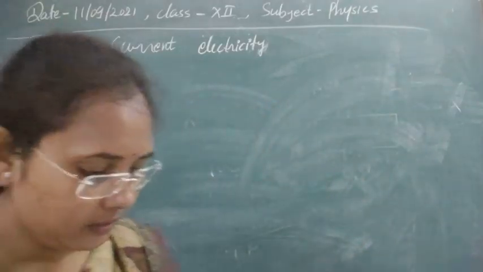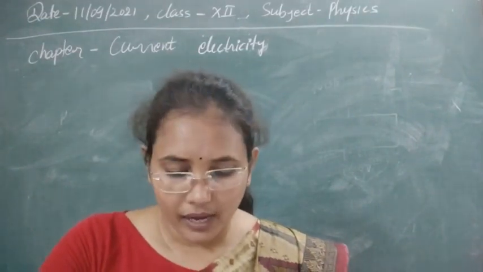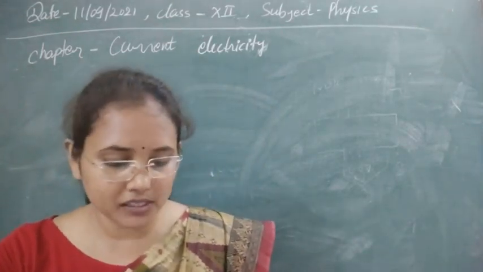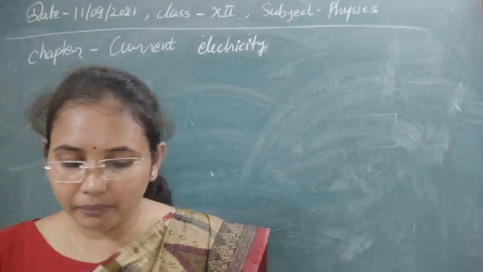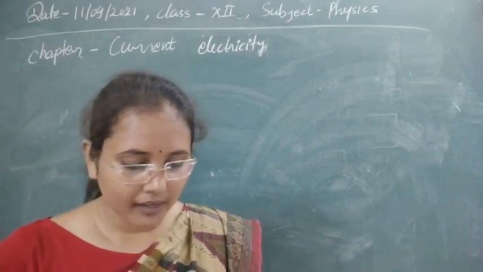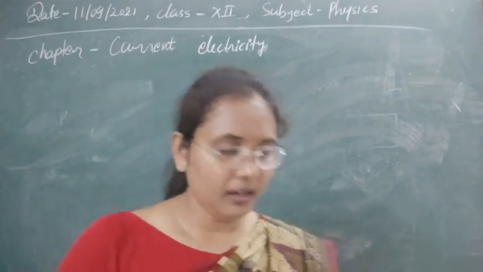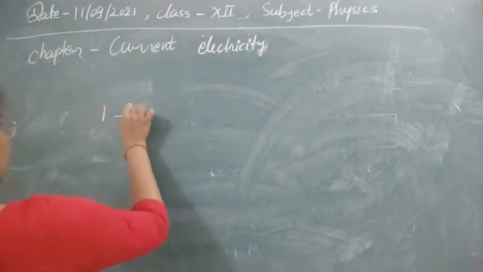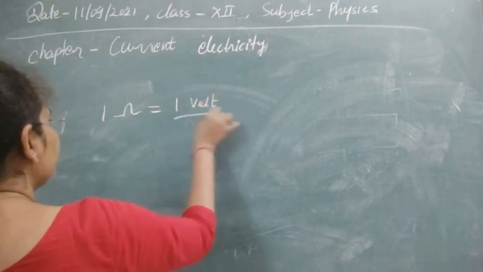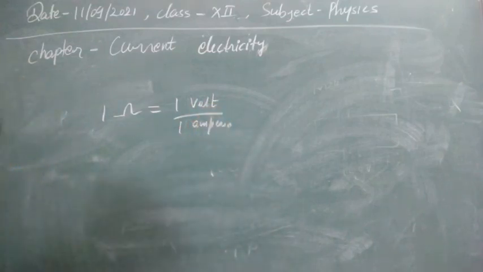Now let's see the next question. The next question is: the practical unit of resistance is ohm, and 1 ohm is equal to, here I will just read the options for you. Options are given: 10 to the power 18 EMU, 10 to the power 9 EMU, 10 to the power 15 EMU, and none of these. So how can you find this out exactly? We know that 1 ohm resistance is given as 1 volt per 1 ampere current, V by I.